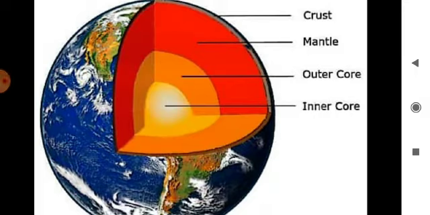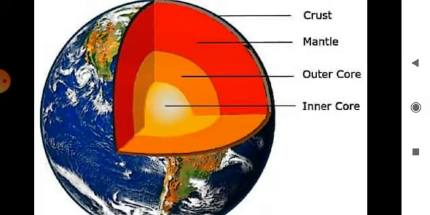This is your Nabunita Miss and today we are going to start the new chapter, Earth Structure. At first we need to know some important things. First point, if one moves from the surface of the earth towards its center, the temperature, pressure and density all three go on increasing. And the second point is the temperature of the earth's interior goes on increasing at the rate of 1 degree Celsius for every 32 meters.